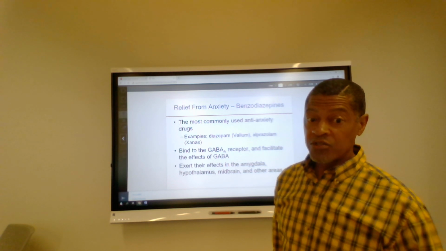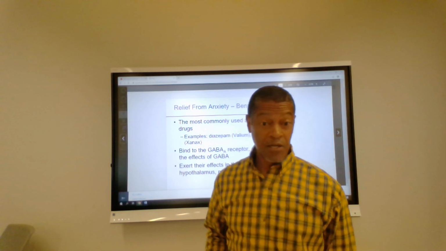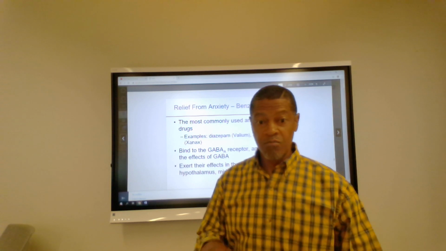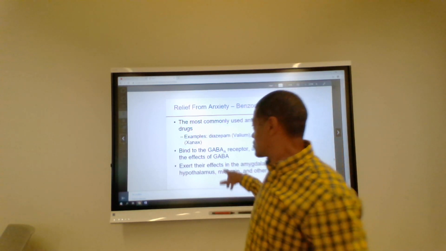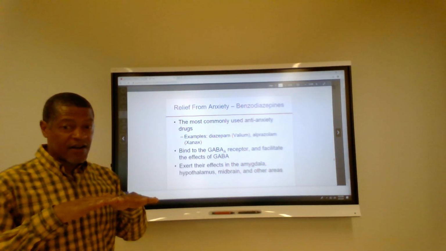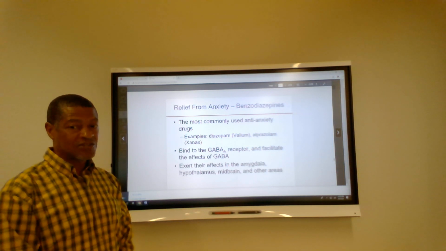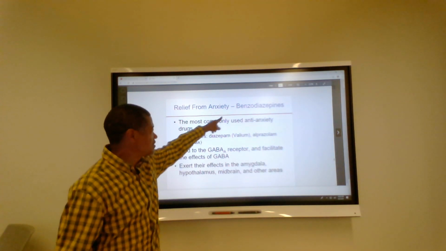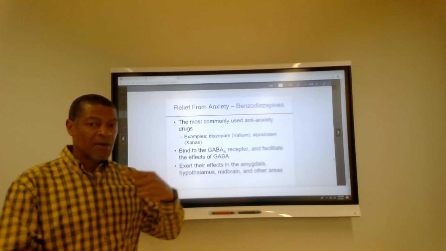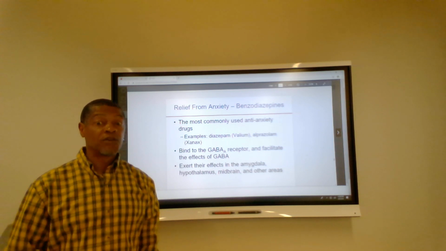So, drugs that stimulate GABA are causing chloride ions to basically cause more negativity in the system. So any drug that's going to stimulate GABA and make the chloride ions flow into the cell is going to slow things down, making the person feel less anxious. So that's how these benzodiazepines work to lower anxiety: to make more GABA flow, make more chloride ions get into the cell, slowing the person down and not feeling so stressed.